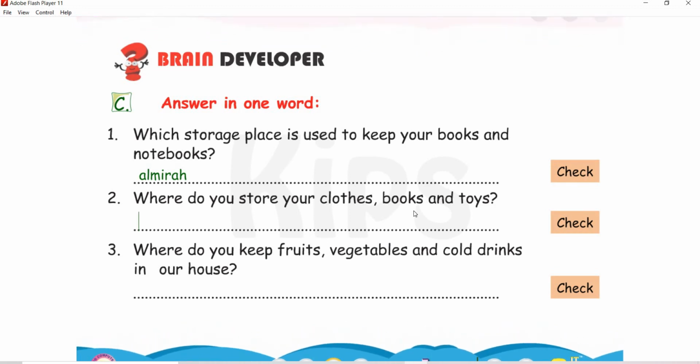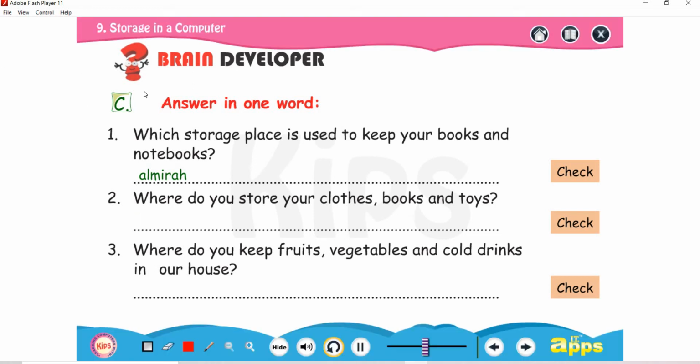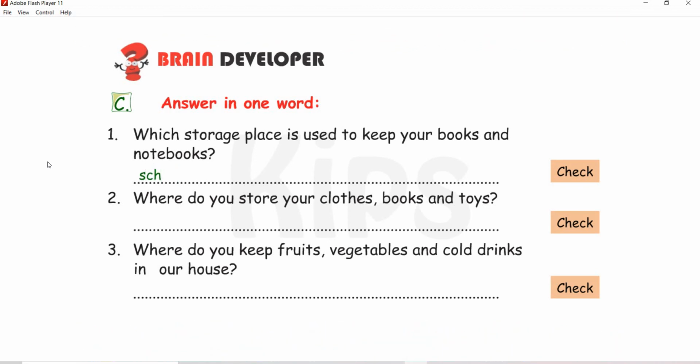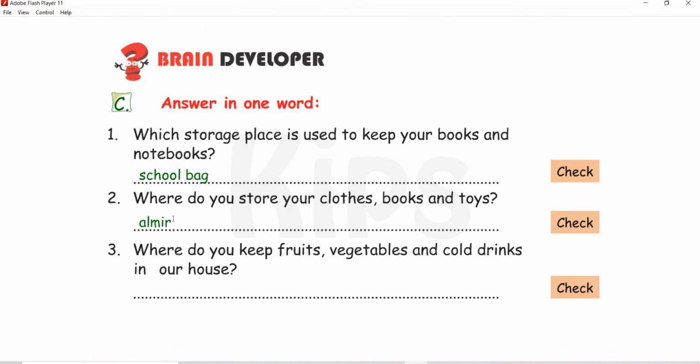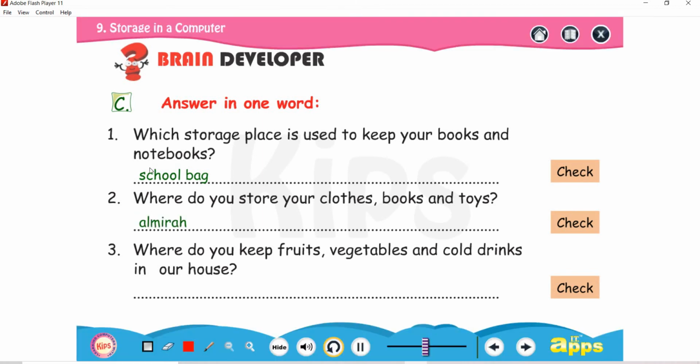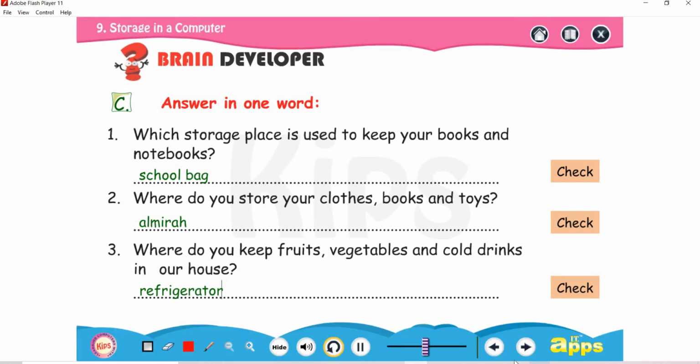We store them in the almirah. Next question, where do we keep fruit, vegetables and cold drinks in our house? We keep them in a refrigerator. That is your fridge.